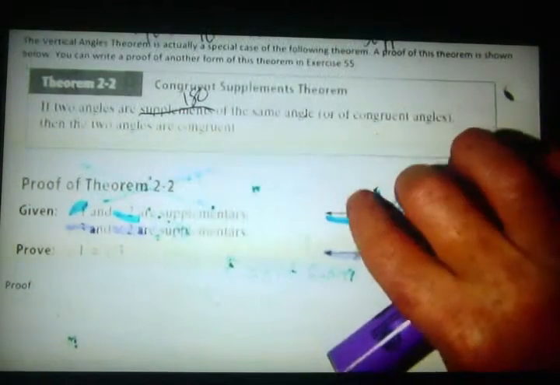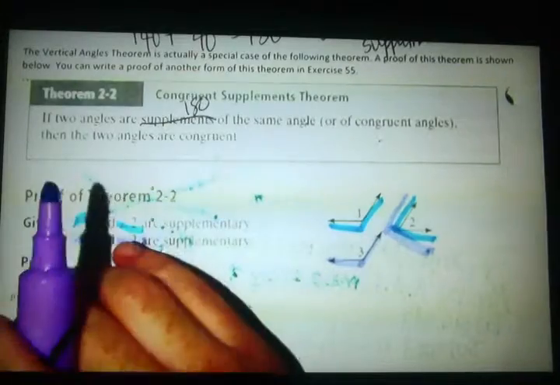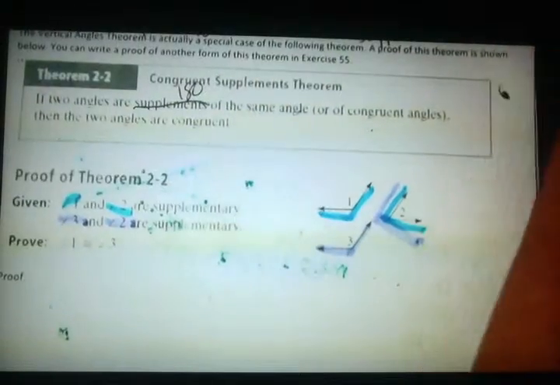Okay, so I want to say, is angle 1 congruent to angle 3? You may think you know that, based on the way it looks. Okay, cool, but let's prove it. So we're going to use a paragraph proof again to prove this. Okay,